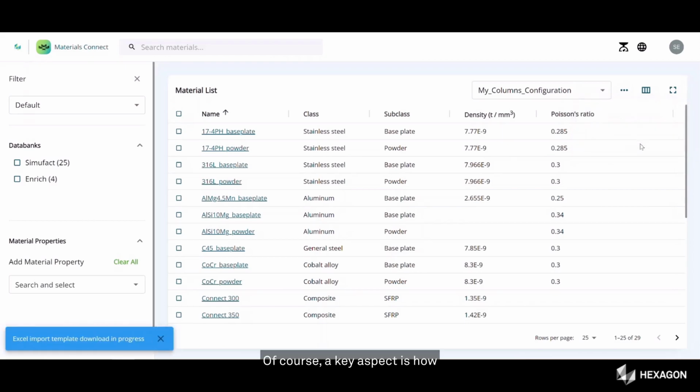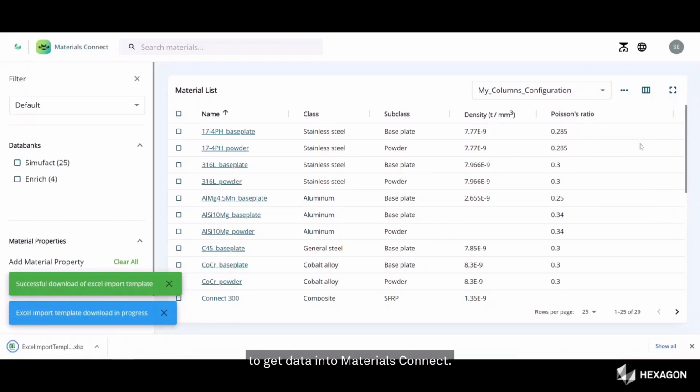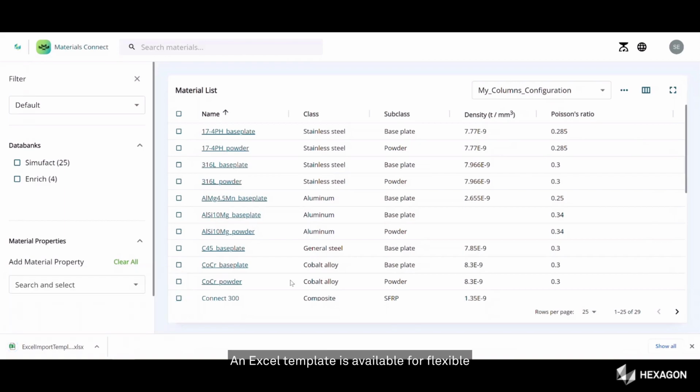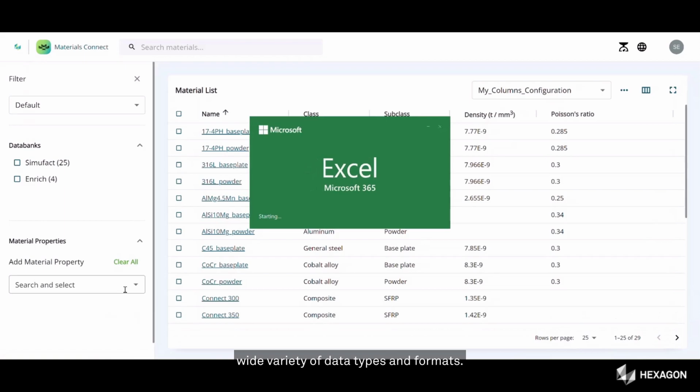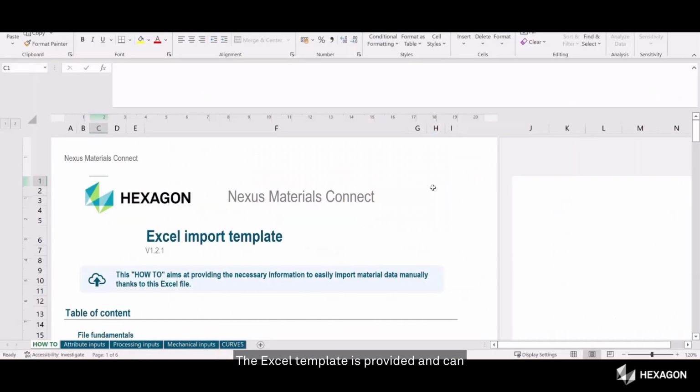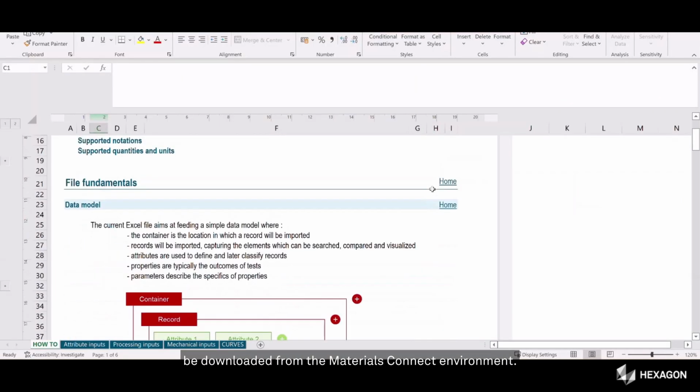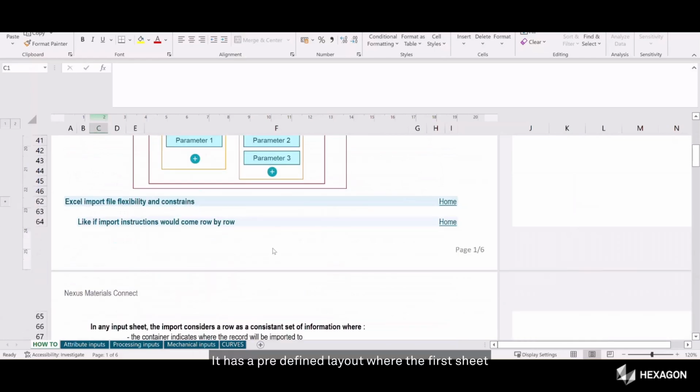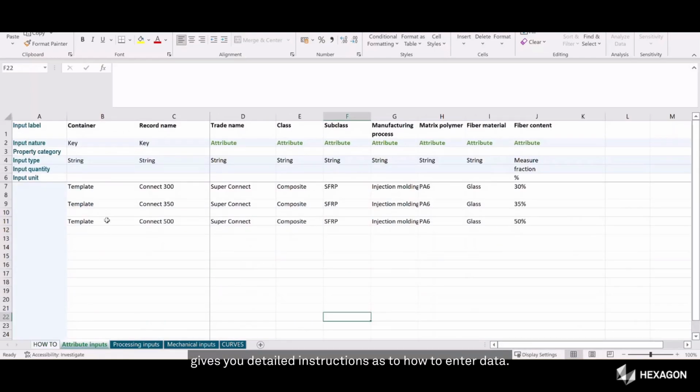Of course, a key aspect is how to get data into Materials Connect. An Excel template is available for flexible import of your material data from a wide variety of data types and formats. The Excel template is provided and can be downloaded from the Materials Connect environment. It has a predefined layout where the first sheet gives you detailed instructions as to how to enter data in